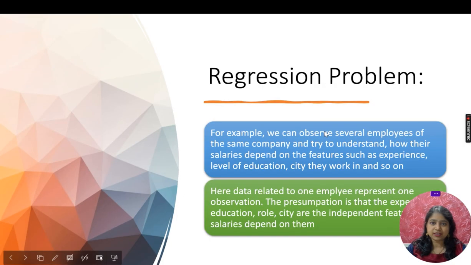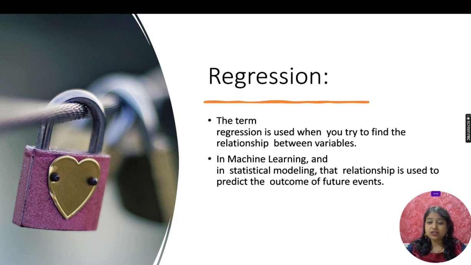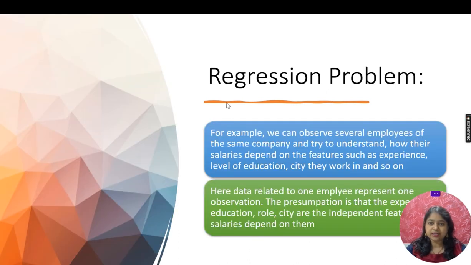So what is regression? The term regression is used when we try to find out the relationship between the variables. In machine learning and statistical modeling, that relationship is used to predict the outcome of future events. Based on the current inputs, what will be the outcome of future events? That is regression. For example, we observe several employees of the same company and we try to